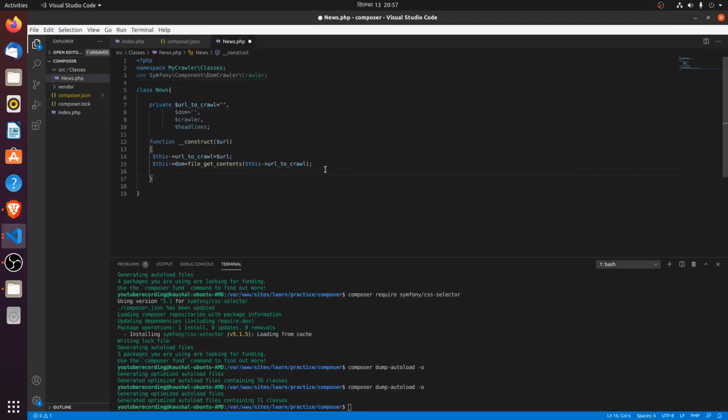So as of now, let's assign new crawler, and this would have the DOM here. So that's what we have so far, and now let's not do everything in a constructor, but let's create another function to get headlines, right? And nothing fancy in here, no arguments as well. So what headlines would do is,